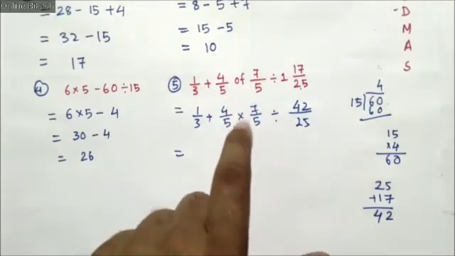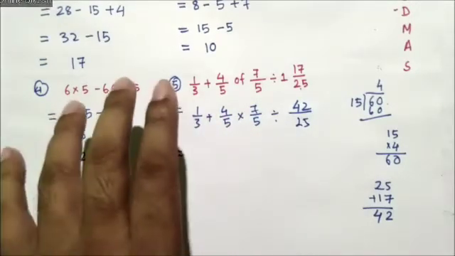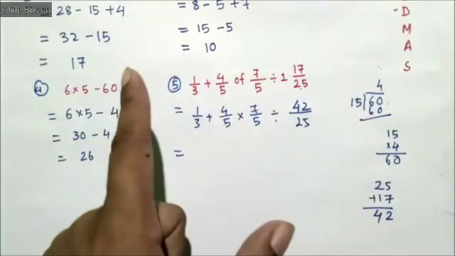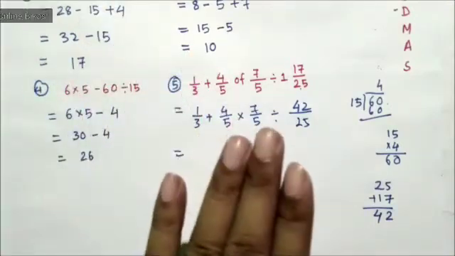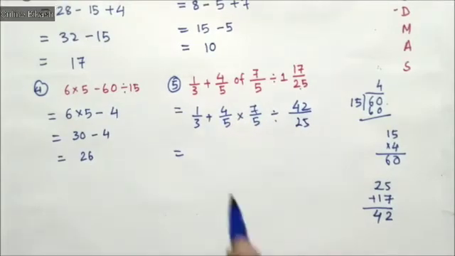So you need to perform this first, because the rule says what? BODMAS: bracket, there is no bracket, so just after the bracket you need to perform the of. So of will be done first, that means this operation will be done first. So if you do it,